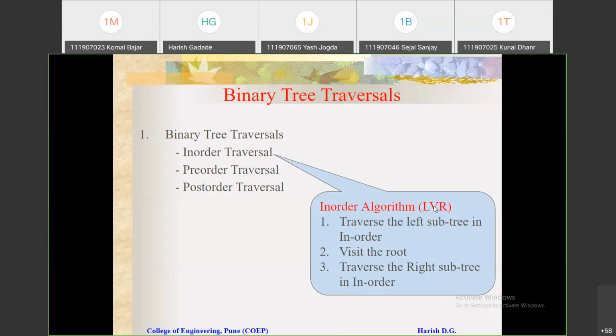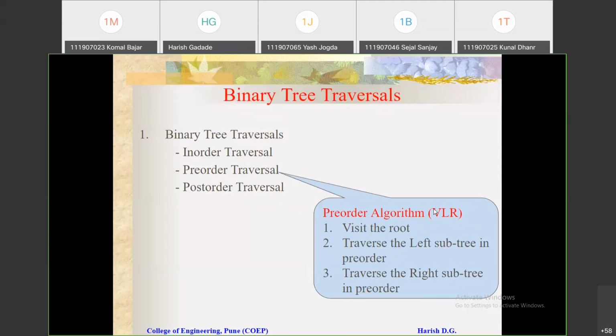Pre means first V and then L and then R. Then post-order, it means we are putting that V at the end. So it means LRV, because V we are putting at the end, L, R and then V, right? So if you see the steps for the pre-order, you can see here VLR, V for printing or visiting, and this is the first, so that's why pre. So visit the root, then traverse the left subtree in pre-order, traverse the right subtree in pre-order, right?